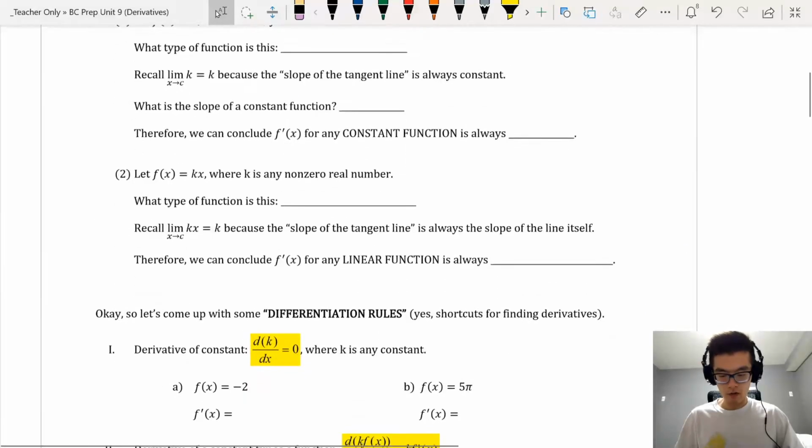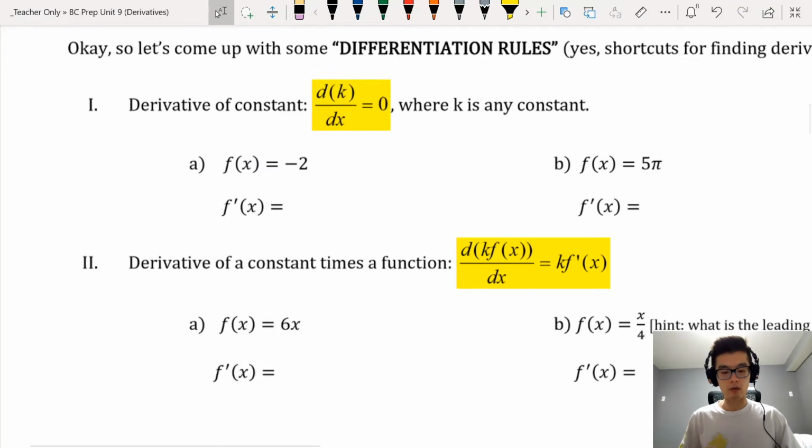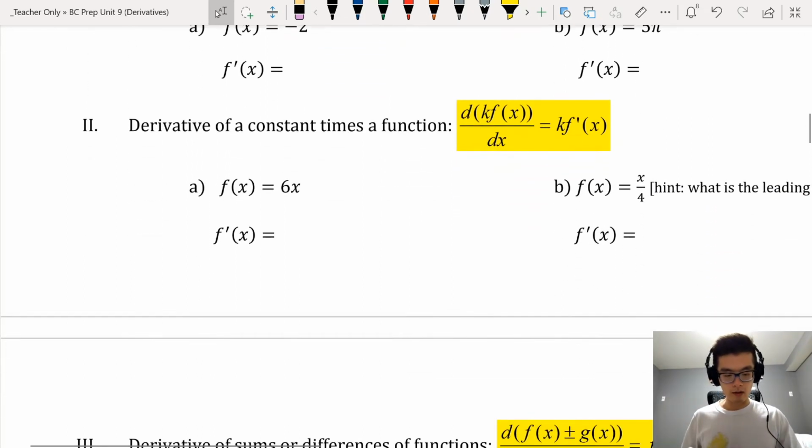So the first one's the easiest one right here. The first easy rule is if you take the derivative of any constant, meaning there's no variable in front of it, as in this case, there's no x in front of it, it's simply 0. So the derivative of anything, 2, 5,000, pi, -3, they're all going to equal 0. So I'm going to skip number 1, that's easy. Number 2 is more of